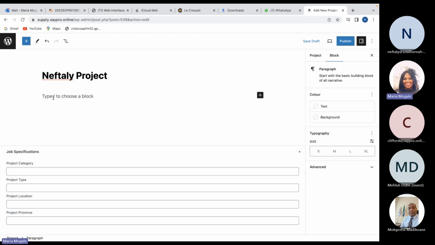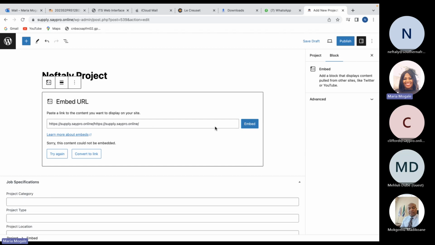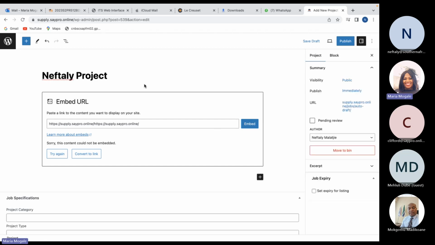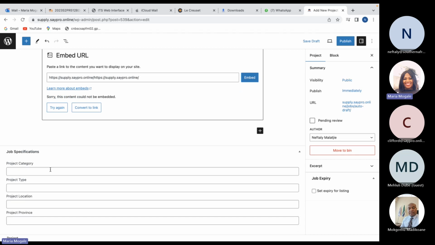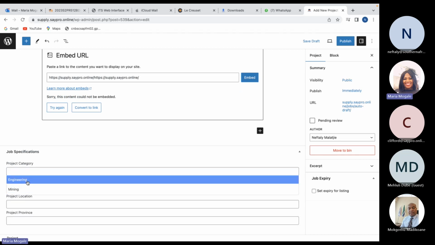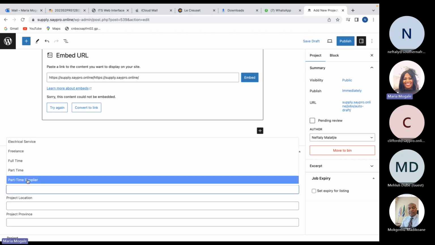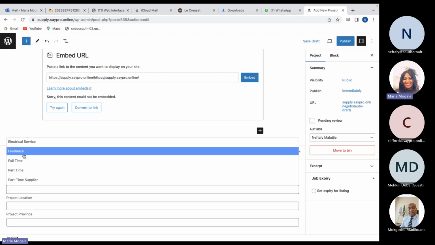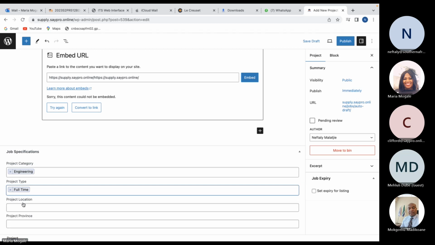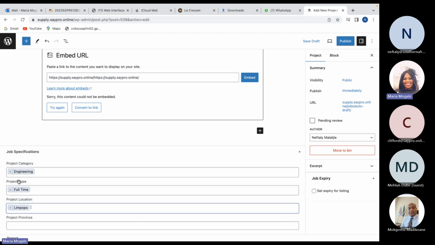Then I come here, like I said, it will be the description, so I paste the description of the project. I put the category under engineering. What is this again? Oh, project type. It's full-time. The project location is in Limpopo.